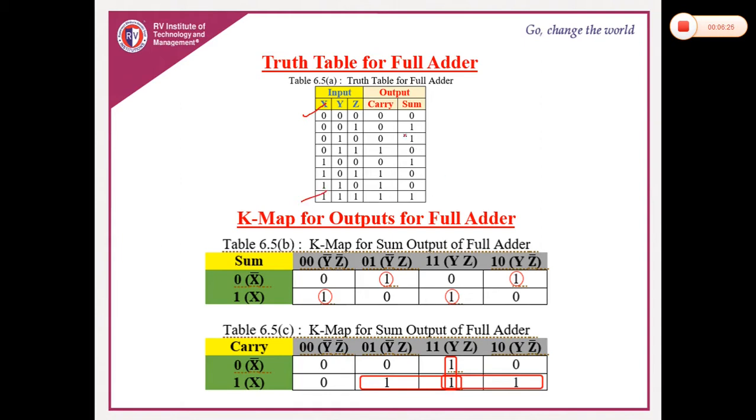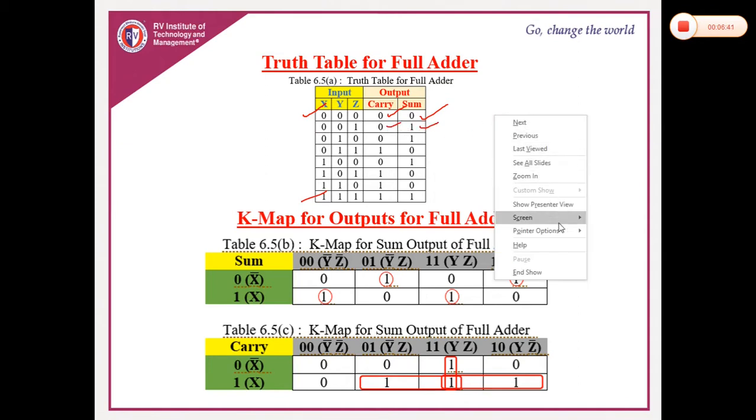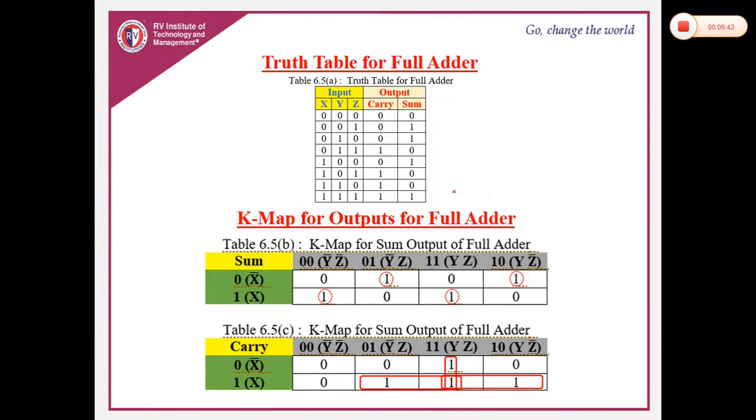Okay. Now whenever we say 0 0 0, obviously you know that 0 plus 0 plus 0 is 0, sum is 0, and there is no carry. Whenever we say 0 plus 0 plus 1, it is 1. So the sum is 1 and there is no carry. Next combination 0 plus 1 plus 0, that is again 1, so there is no carry. Next combination 0 plus 1 plus 1, actually it is 2. How do we represent 2? 2 is nothing but 1 0, where this 1 is carry and sum is 0.